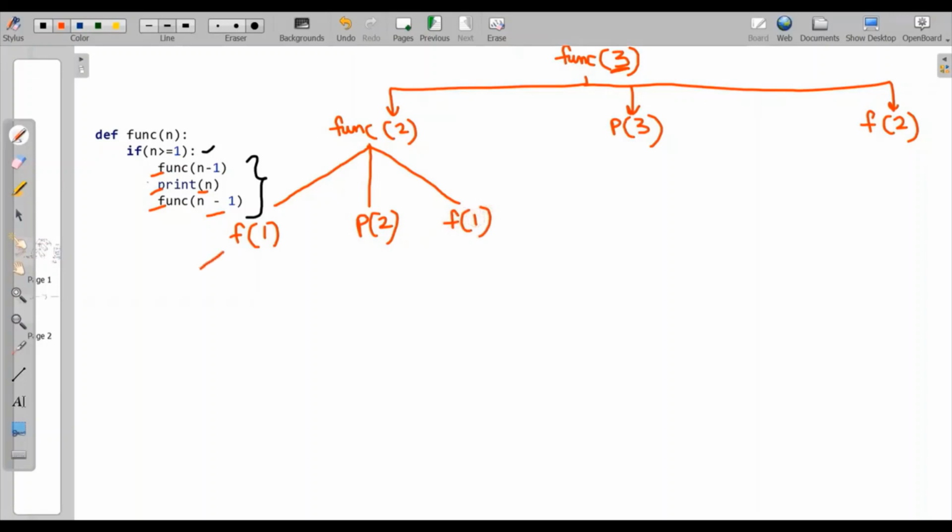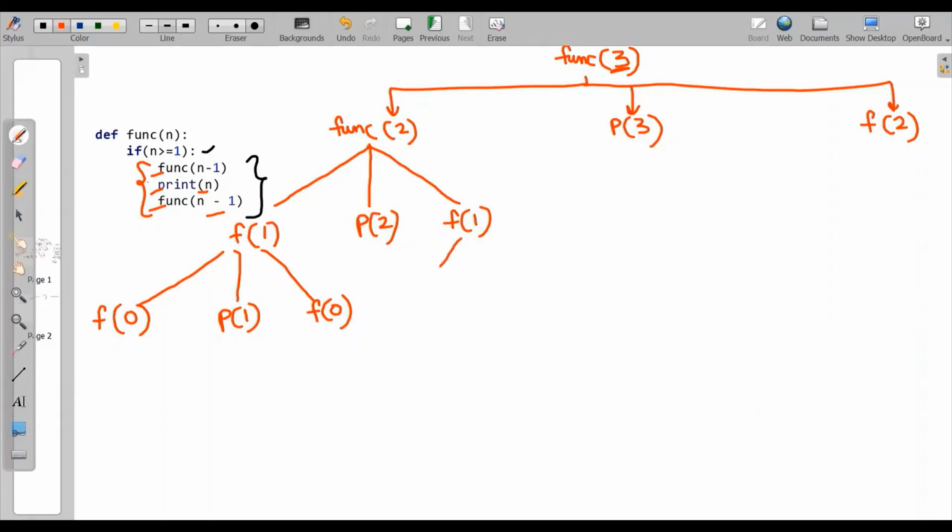Now again it will ask, f1 is greater than equal to 1. Yes. So it will enter this if condition and here we will write f0. Then a print statement and again f0. Now similarly it will work for f1 here also. 1 is greater than equal to 1.